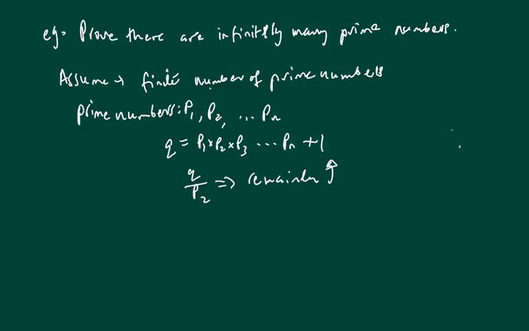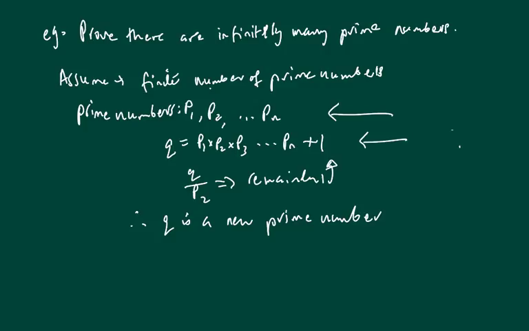So the only factors of Q are Q and 1 itself. So here I've got a remainder of 1, and therefore Q is a new prime number, which is obviously not listed in my series of prime numbers that we had originally listed at the beginning, and therefore I can say Q is a new prime number,